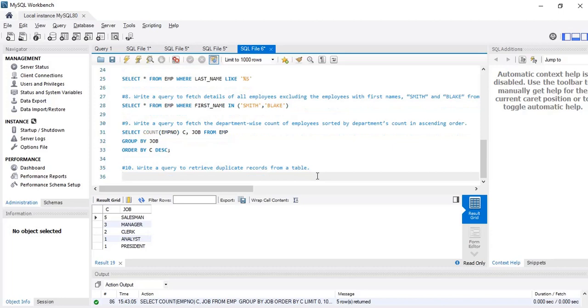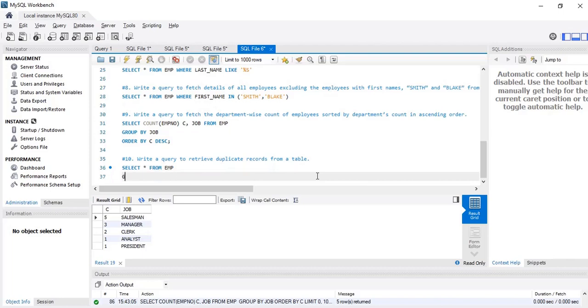Now the next question is write a query to retrieve duplicate records from a table. Now again what we'll do is select star from EMP. Now we'll group them by EMP number. Why EMP number? Because if they are duplicates, they are going to have the same employee number, same everything. So I'll group them employee number wise.